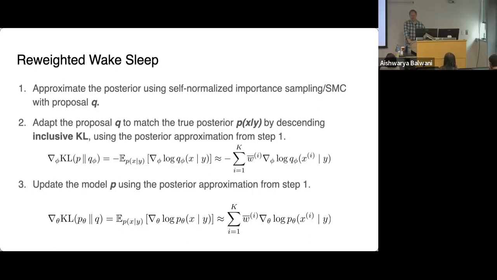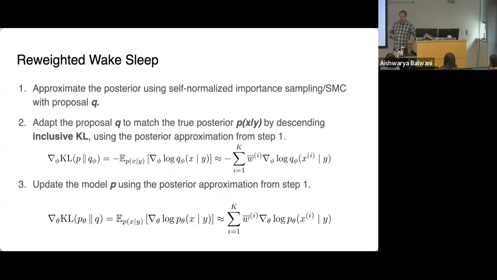I think your intuition is right that this is going to be a non-convex optimization where there's a bit of a chicken and the egg problem. We want to have a decent enough proposal that the particles we get out are not totally in no man's land, or super high variance estimates of this gradient, is another way to look at that. So how do we solve that? Initialization is certainly going to be a part of this. A common thing to do is to initialize Q to what's called the bootstrap proposal, which is really just proposing using the dynamics model that you currently have, and then we can hopefully learn better proposals as we go.